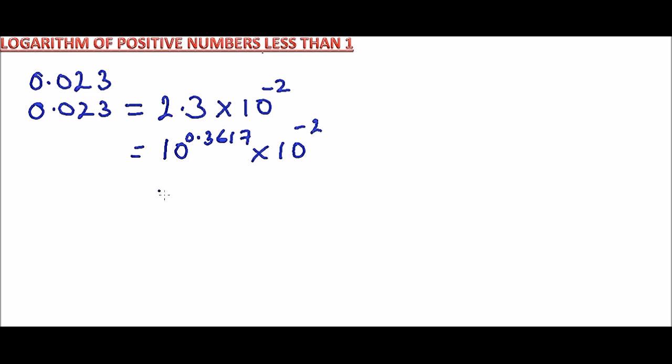Now for us to get the logarithm, we need to add minus 2 plus 0.3617. This is a negative number, that is minus 2, and this is a positive number. Under normal circumstances, we would say this plus this and we work out. But in logarithm, we don't do it like that. We write this as 2 bar point